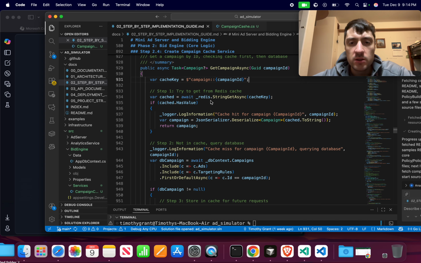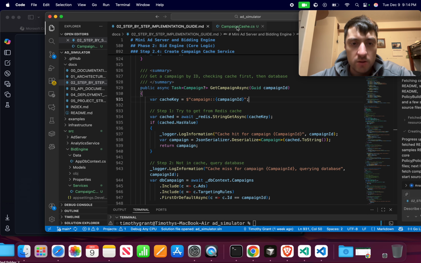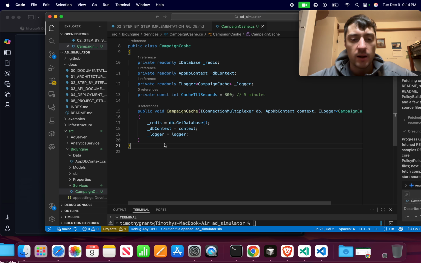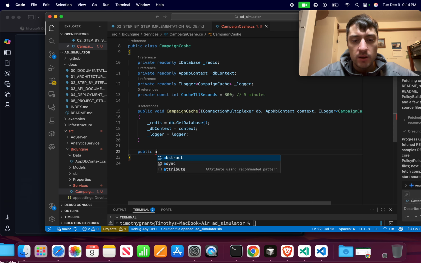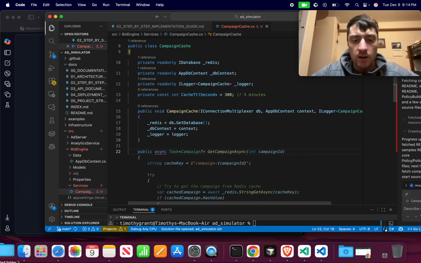Okay, so let's try to actually write this into our project. So what are we going to have? We're going to have a method. It is public async, and it is a